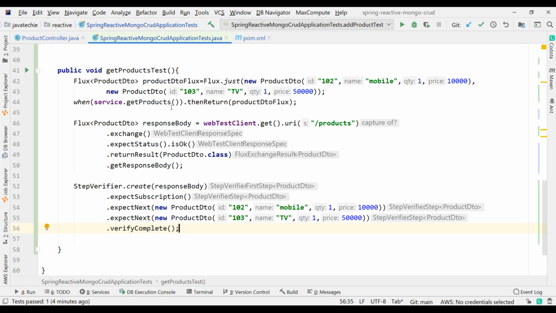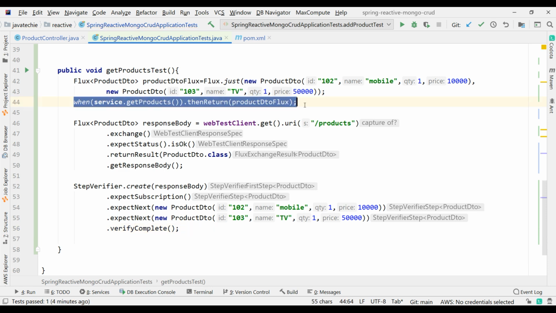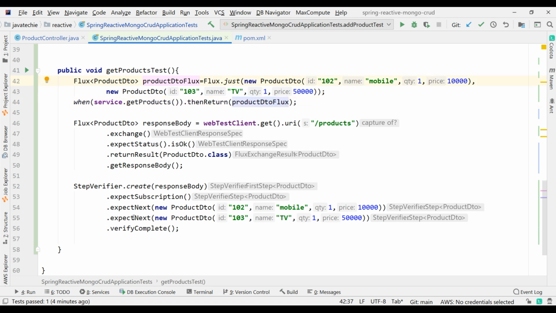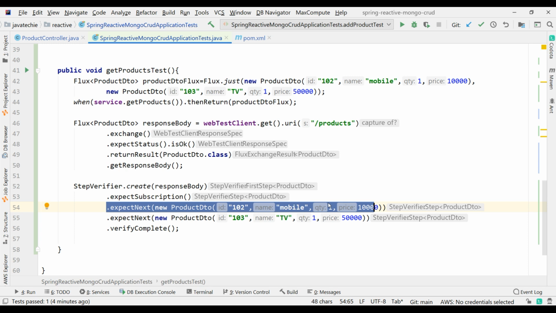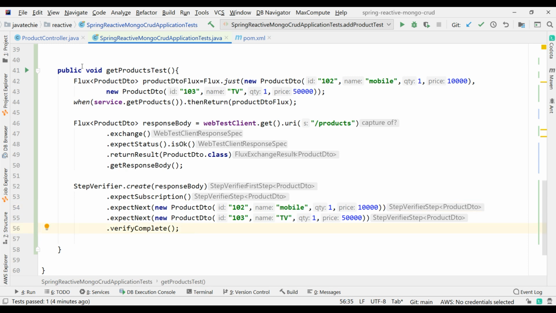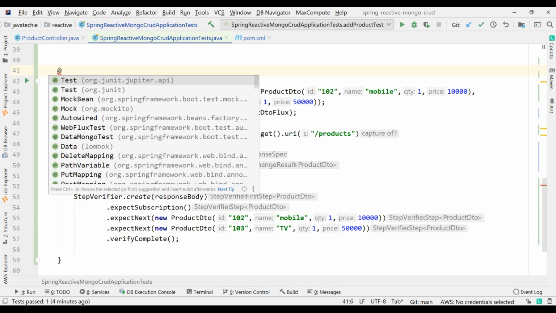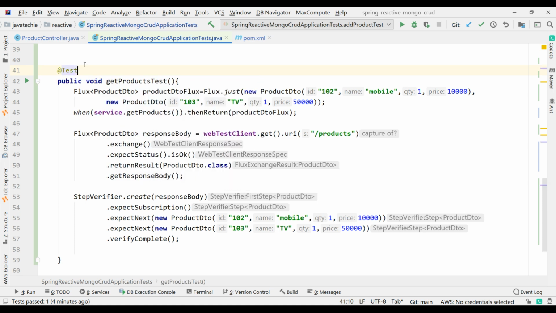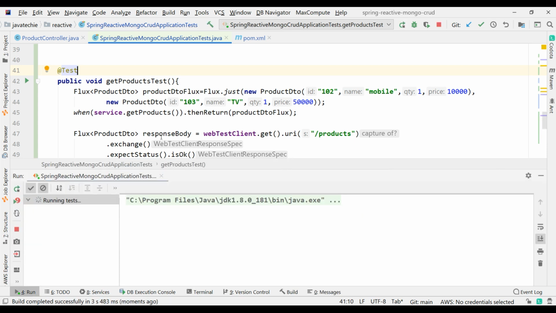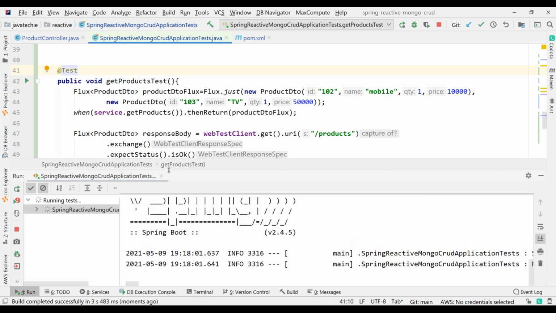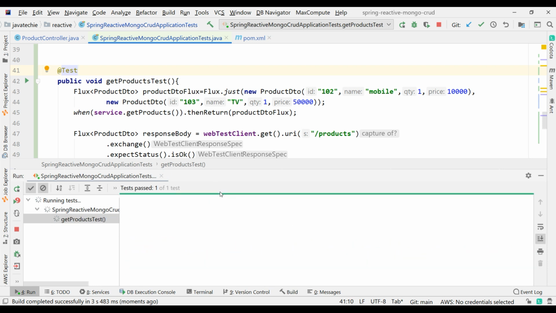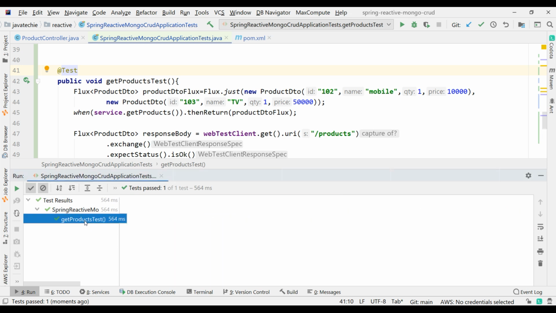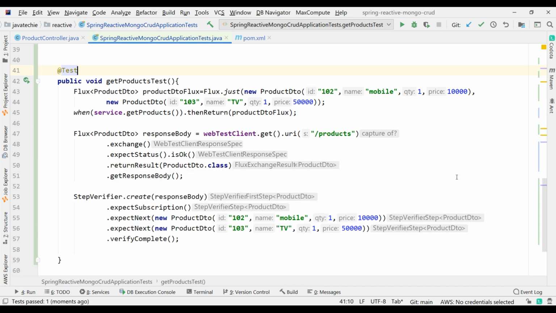So if you observe, I'm just mocking the API call to return this product DTO flux, and I am just asserting these two. That is what I'm just returning. Now just annotate here with at the rate test. So just run this test case. Yeah. So you can see this test is passed, right?